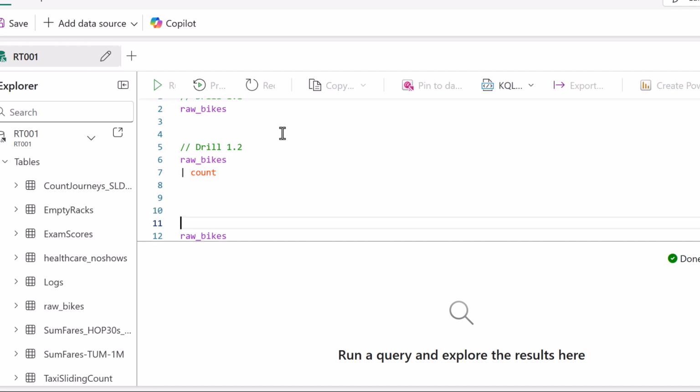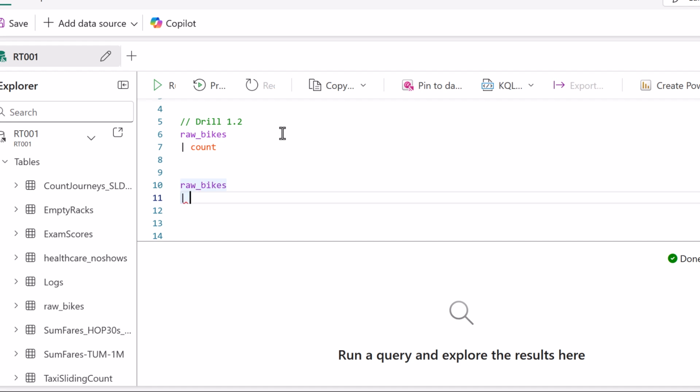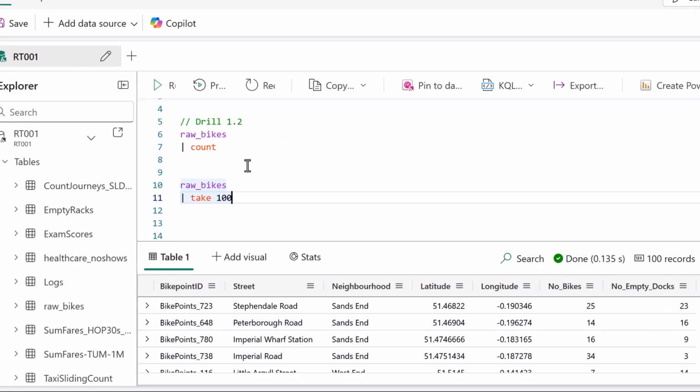Now after the count, the next one that I want to look at is raw bikes, and this time we're going to do take. So take is another operator, and essentially what it's going to do is sample data from that table and return 100 values. Right, so these are not necessarily the top 100 values. These are just any 100 values from this data set. So again, if we do shift enter, this time we're getting back 100 records in here from this data